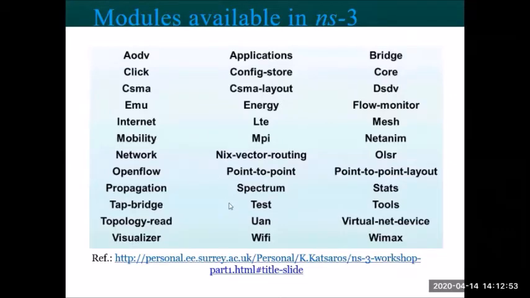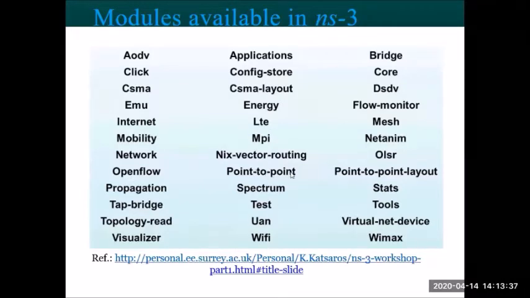These are the modules available in NS3, you can just have a look at how many modules there are. This is just an example. We have many more modules beyond this, almost everything related to networking. Have you heard of AODV? AODV is a wireless routing protocol. We have CSMA, all of you have studied, the carrier sense multiple access protocol, then the internet protocol, the IP. For mobility in wireless, we have mobility. All these modules, you can just have a look.